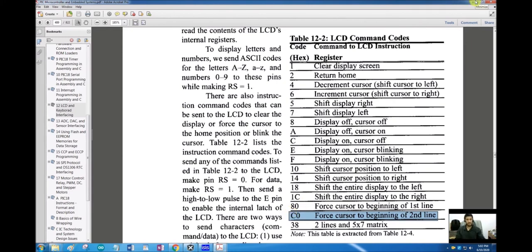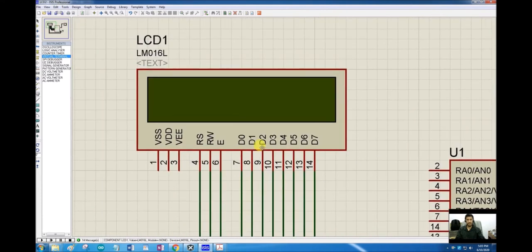Now, how to send a command and how to send data to this LCD, how to configure it, and after configuration how to send the data. One thing is very clear, that we have to select whether we are sending a command or data by using these 3 pins, because the data pins are the same. Whether we are going to send something as a command or as data will be decided by these 3 pins. So this RW pin is the read write pin.